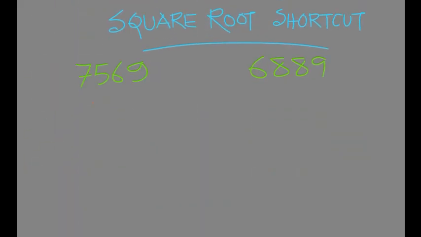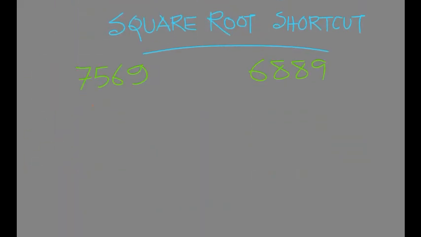Let's look into the numbers that we have chosen. One is 7569 and the other is 6889. Both are perfect squares, let me tell you, and hence we are trying to find the square roots. Now what we have here is two pairs, right? You know that in square roots we need to take pairs. That means the square root will have two digits. By looking at the last digit, we can say what the number will be at the unit space. Since it is 9, hence the number has to be 3 or 7 in both cases, right? 3 or 7.